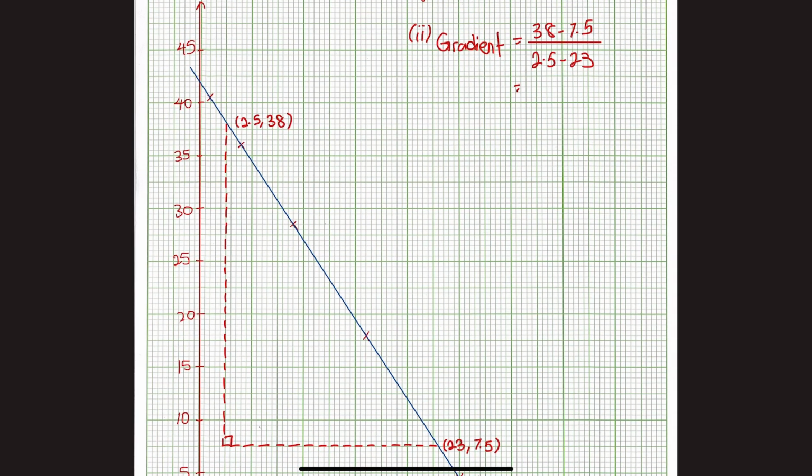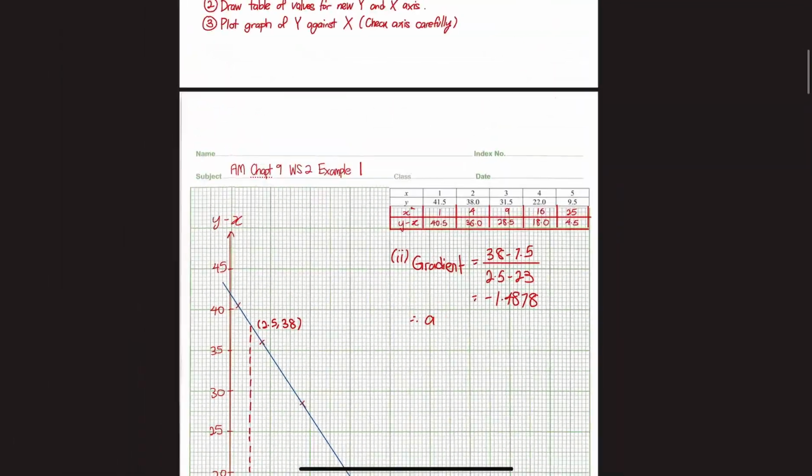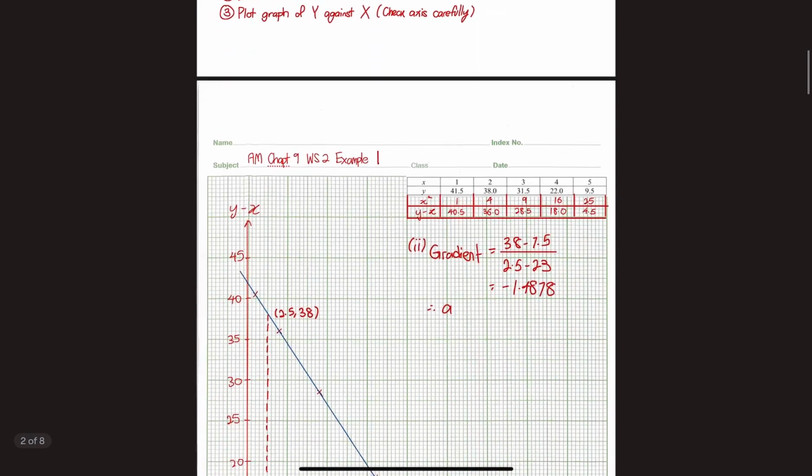Okay, take note of this here. So I should get 2.5 minus 23. It will give me negative 1.4878. Okay, so this means that therefore since A corresponds to the gradient of the graph,